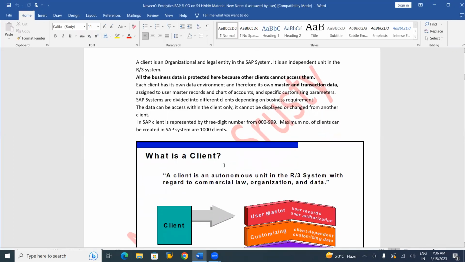Okay, so here, before understanding the architecture, we discussed what you mean by a client, right? Whatever the server, everything will be divided as a client. Whenever you are trying to log in to an SAP system, first it is compulsory to give a client number. In general, as I said earlier, client means customer. But in SAP terminology, client is different. Who is a client here? Client is an organizational and legal entity.